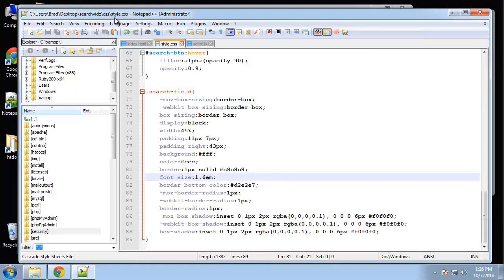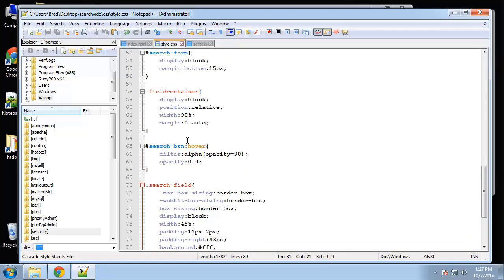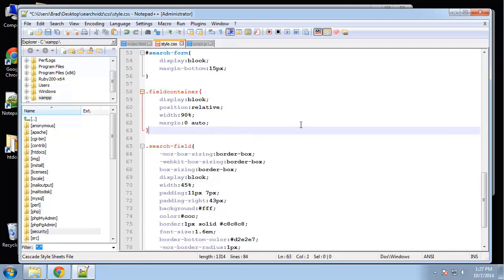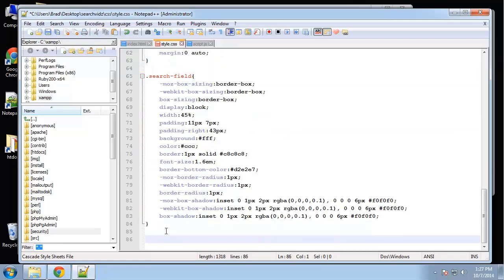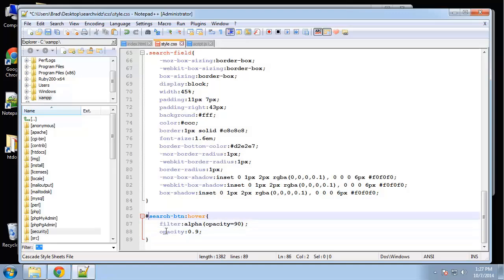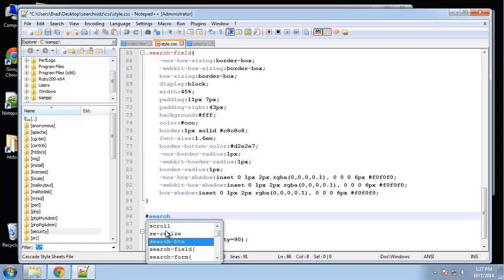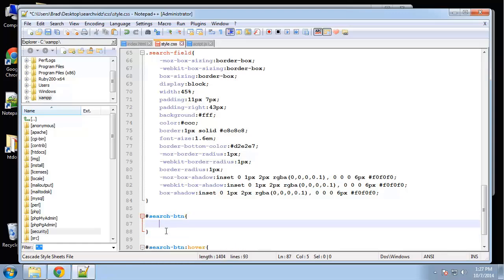Next thing I want to do is the search button. Alright, so I'm going to do that. Actually, let me move this hover down here. And then above that, I'll do search button. Okay, so the search button, I'm going to position this